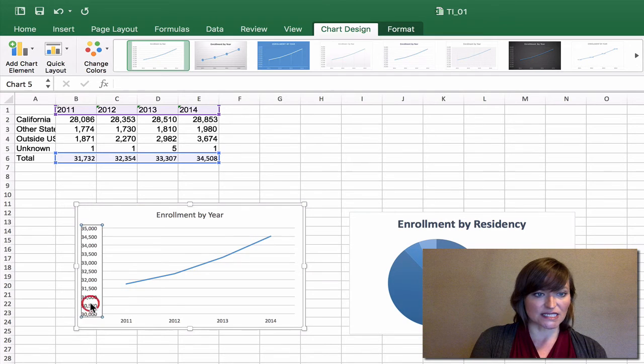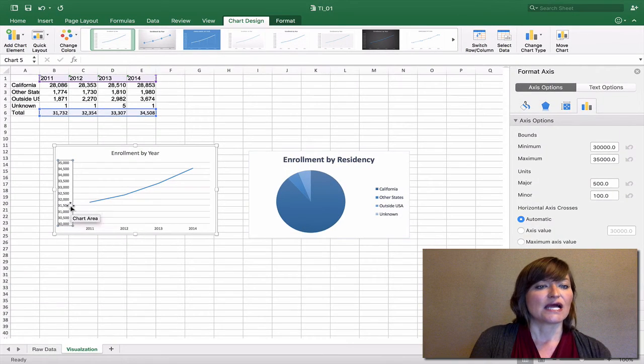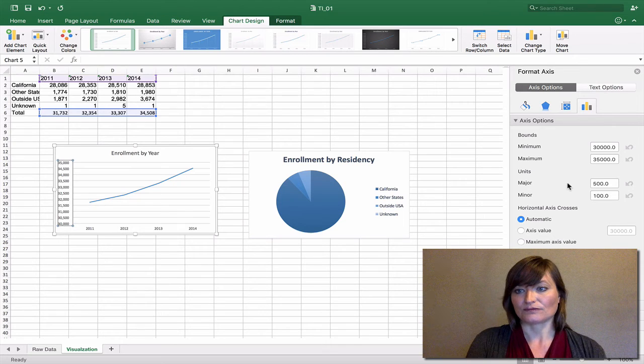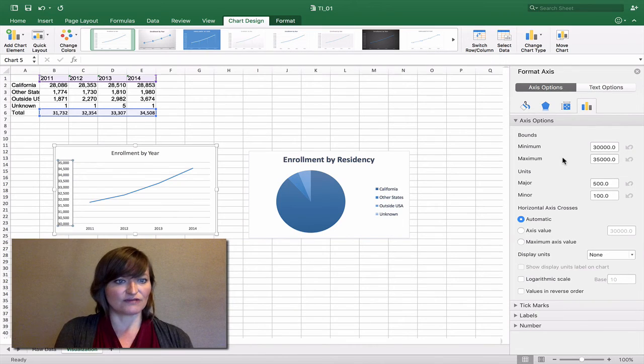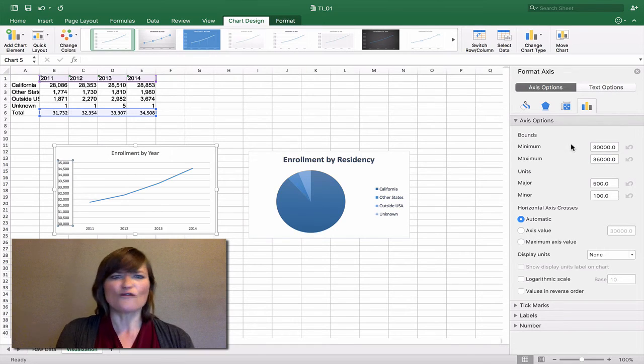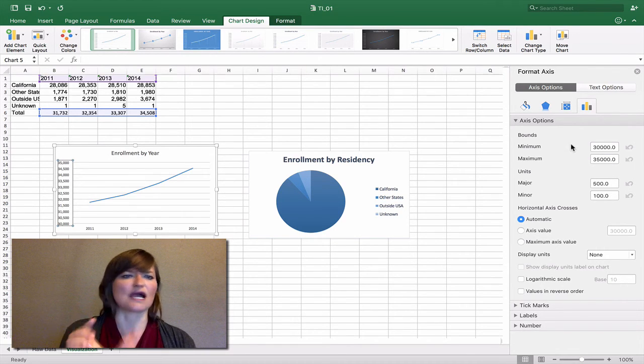So to change the scale, I'm going to single click and then double click. So I clicked to select the axis, and then I double clicked and that popped up the Format Axis dialog box. And here, let's see what we can edit. I can absolutely force Excel to use a different scale. So here is what they're telling me is their minimum and the maximum that they're using. The overall scale seems fine. We want the line to take up about the middle 2/3 of the graph, and that's what it's doing.